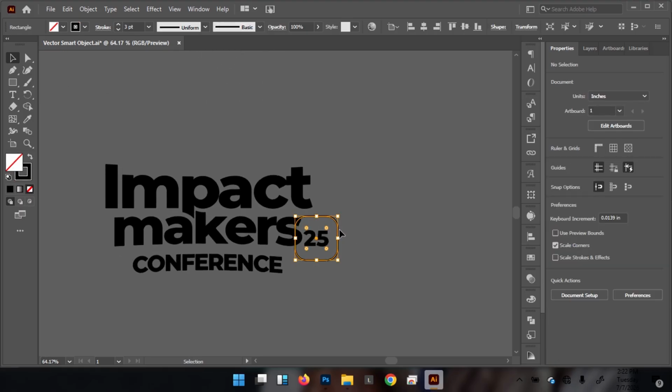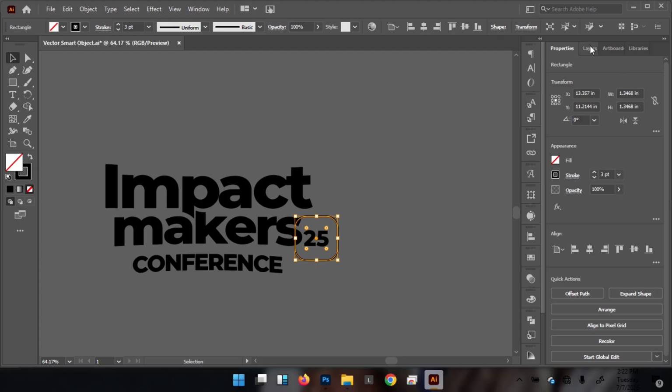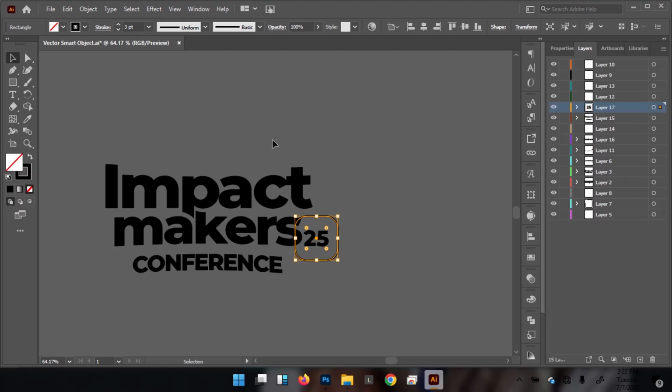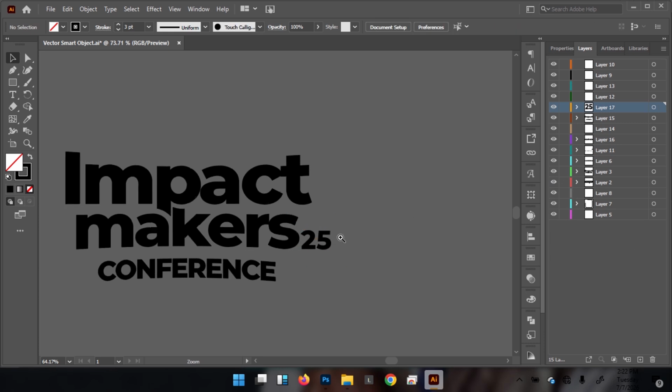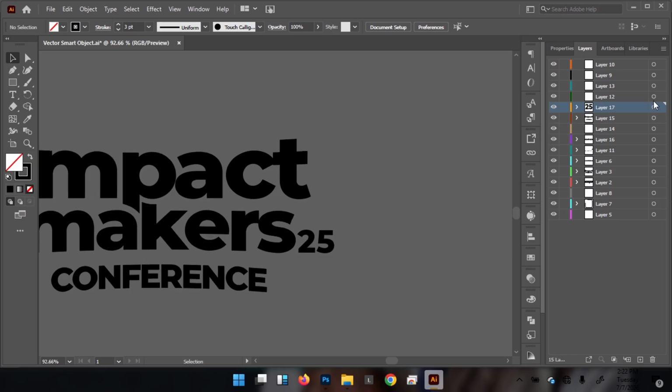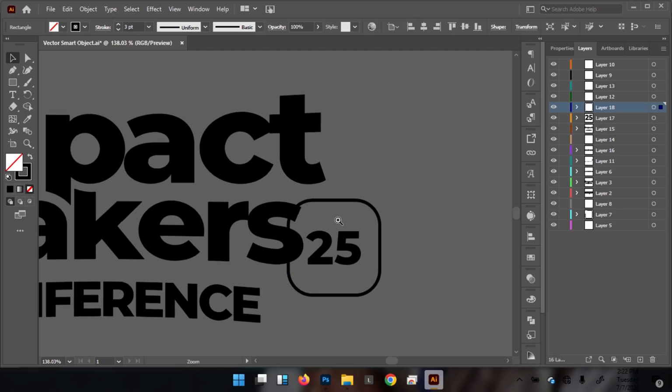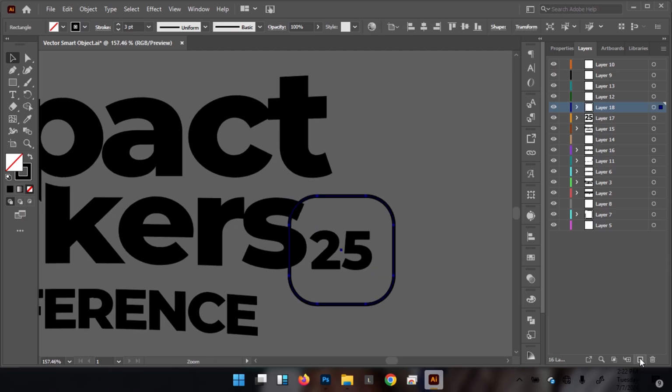Select the created shape, come into the layers by left clicking there, and press Ctrl X to separate it from the 25. And then create a new layer on top like so. Click on it to make sure that it's selected, press Ctrl Shift V to paste in place, and create another layer on top. Select it by left clicking here,